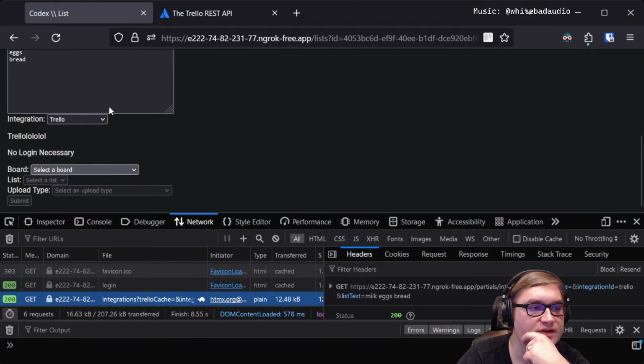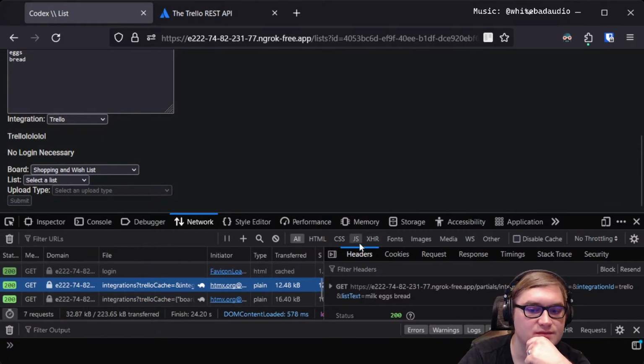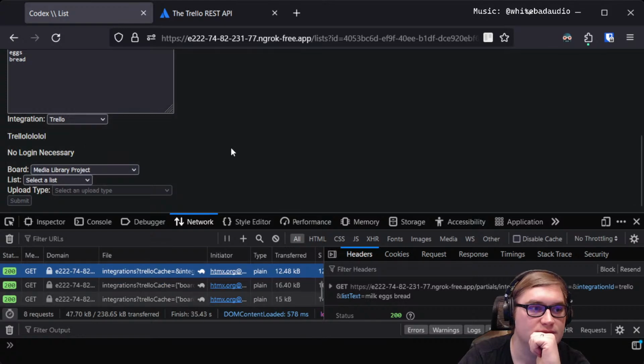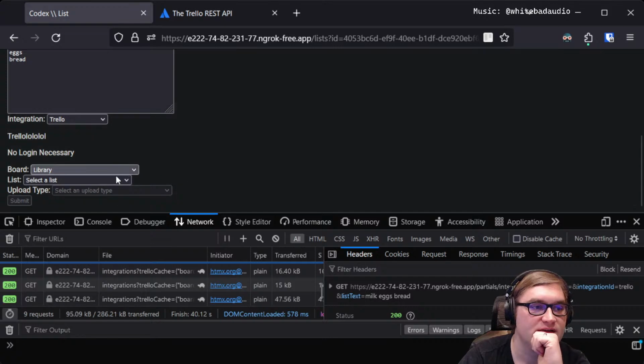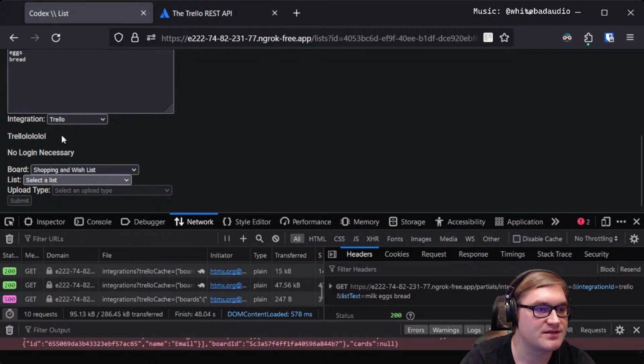And then we go down here and we say, tell it to, what do we want? Shopping and wish list. Okay. So now, ooh, that's much faster. You see that? Hoo, that's awesome. Okay, that's way better. So let's go back to shopping and wish lists. And then let's go grab,